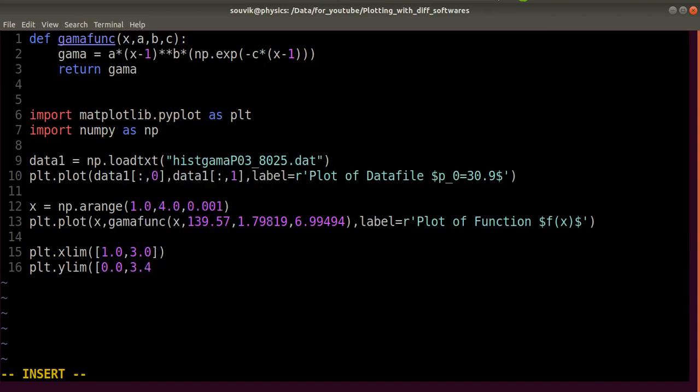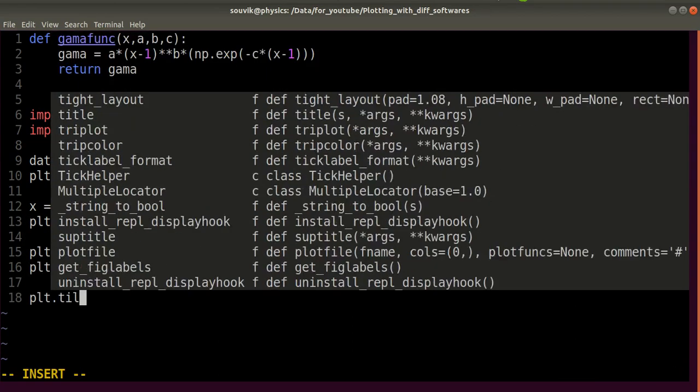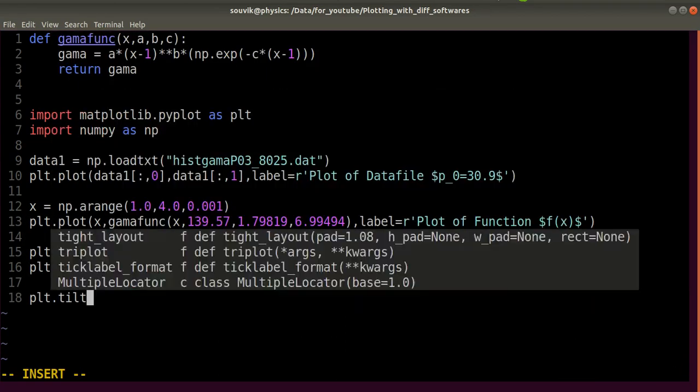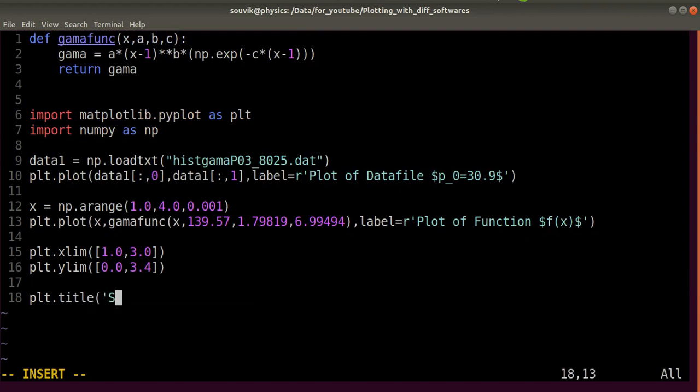So then done. Okay. And now you can also provide some title, which is plot.title, let's say a sample plot in Python, right? Because we are doing Python.